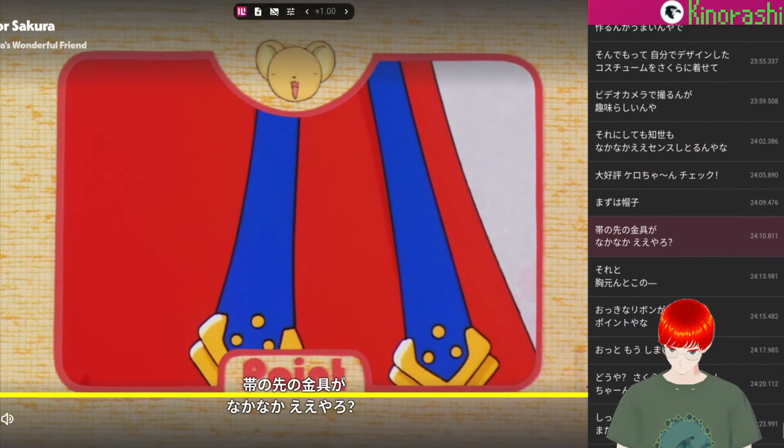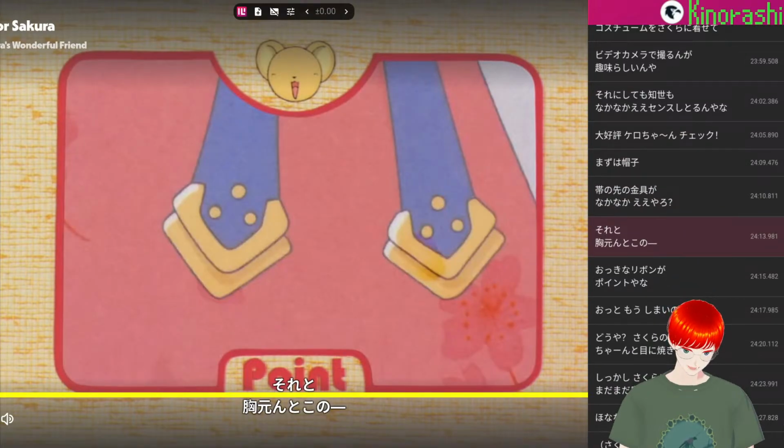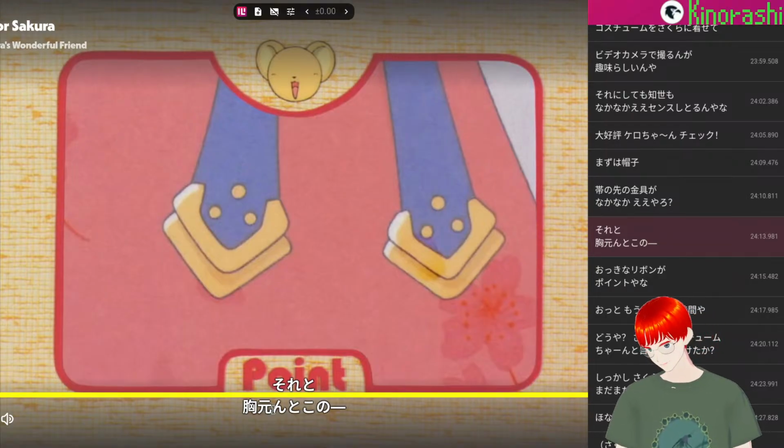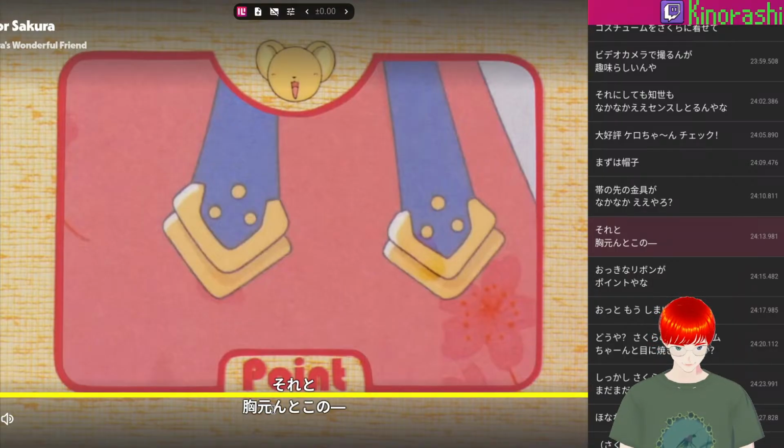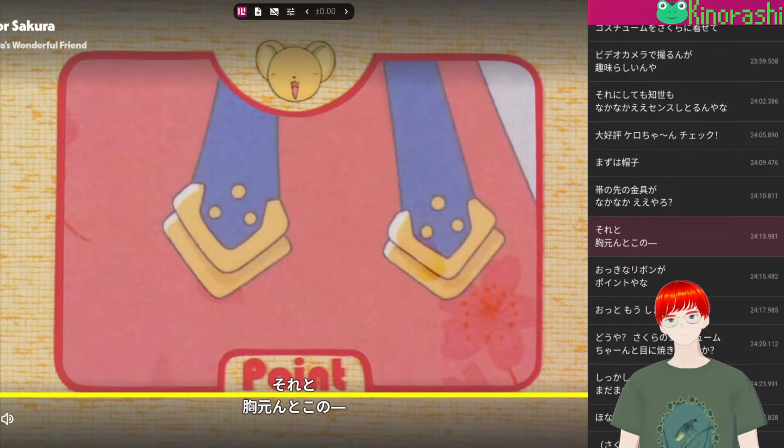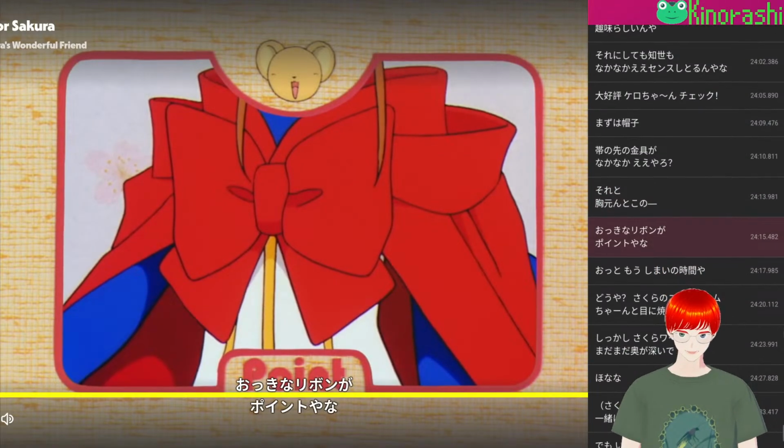Oh yeah, I wanted to mention. "リボンがポイントやろそれと" Notice how we have tsuki in the left part of this word. A lot of body part words used to have the kanji for this, which is actually derived from a squeezed niku, which means meat. But for simplicity's sake over the years, because a squeezed niku looks so much like tsuki, moon, tsuki started getting used for all these body part words. But that's actually where that derives from. So you often see tsuki in a body part word. "胸元んとこの大きなリボンがポイントやな。"